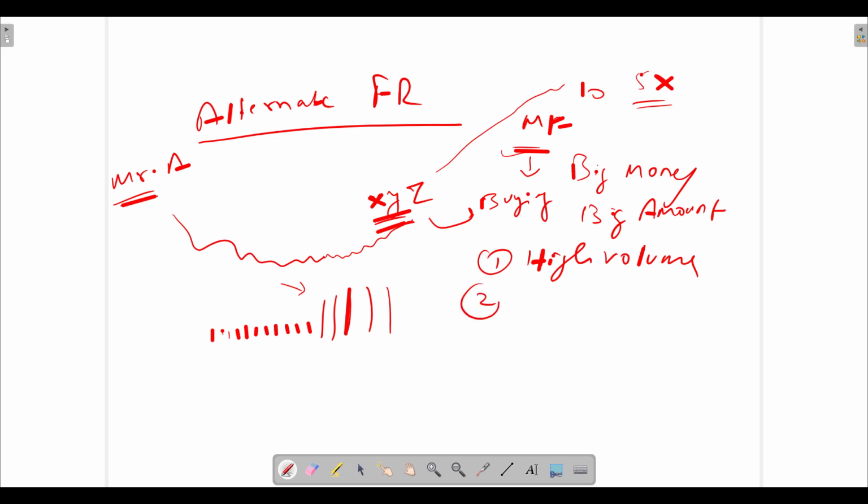The second thing is when they start buying this large number of shares, the number of shares available for trading would go less. Is that correct? So let's suppose there are 10 million shares and they just bought 3 million shares. So the remaining shares available is 7 million. So when the supply of this share is reduced and the demand is, let's say, static from the retail investors, its price is going to increase.